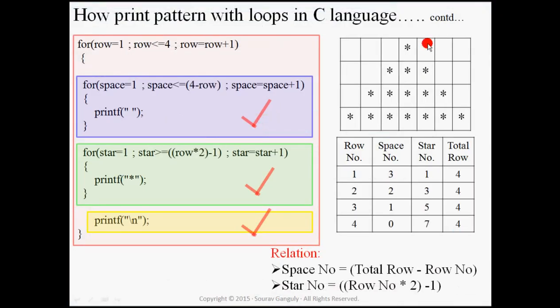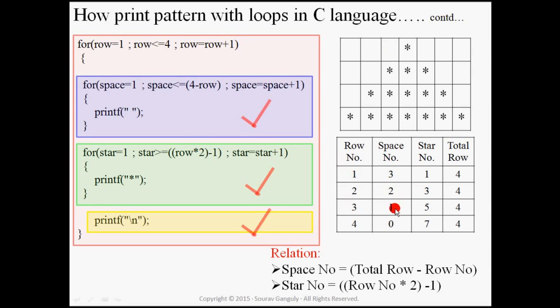Now check another program, this pattern. Now draw the table, row 1, 2, 3, 4, space 3, 2, 1. You must notice one thing, that we calculate these left hand side spaces here. We must not calculate the right hand side spaces, because this star is the last symbol of the first row. So we use the left hand side spaces of the last symbol.